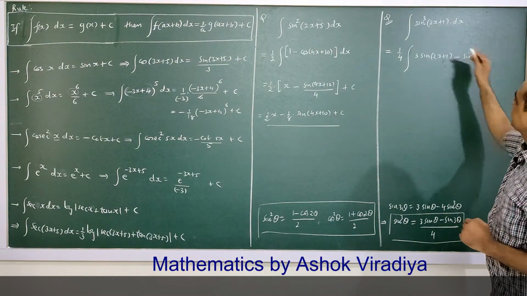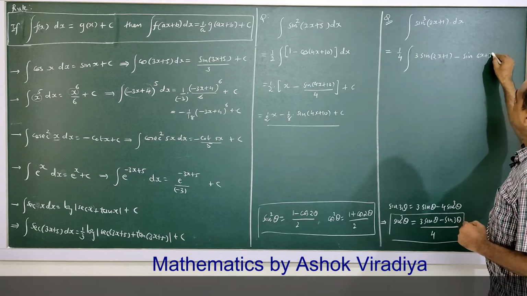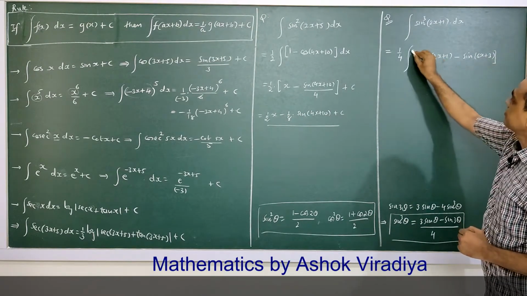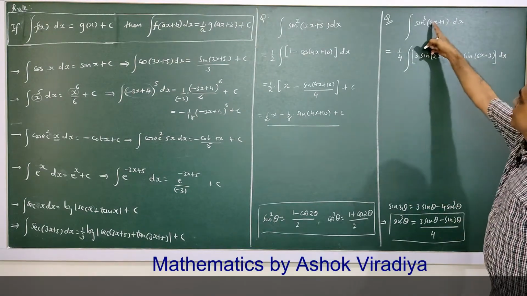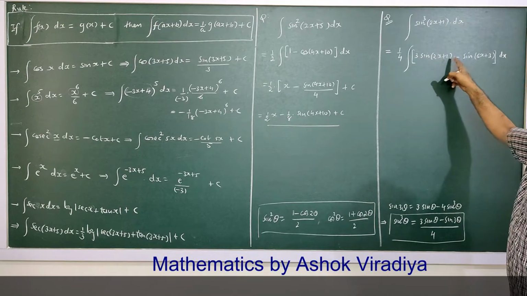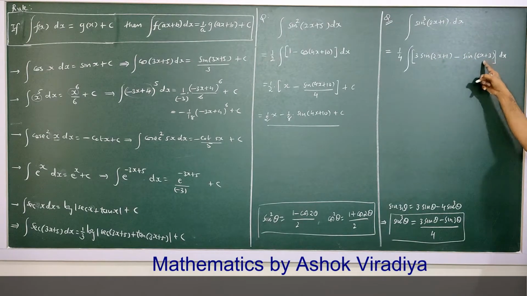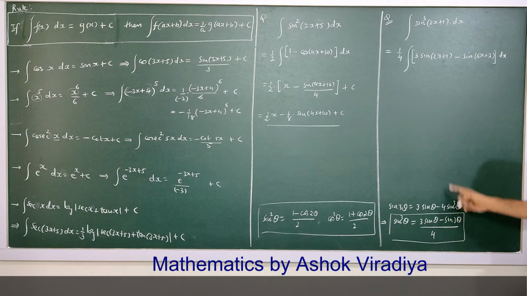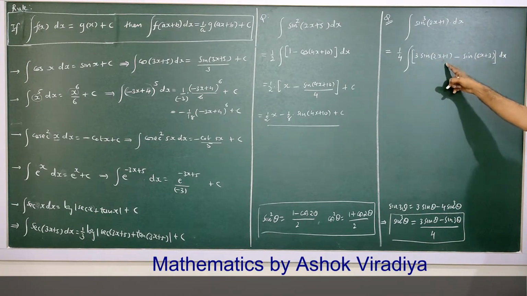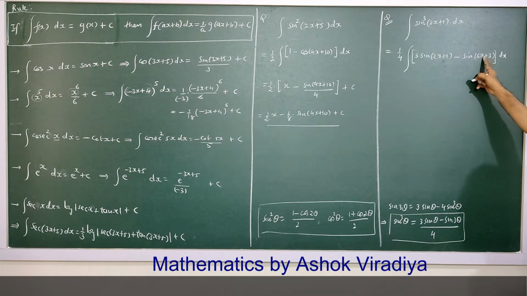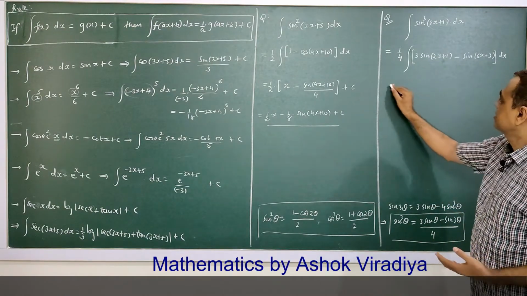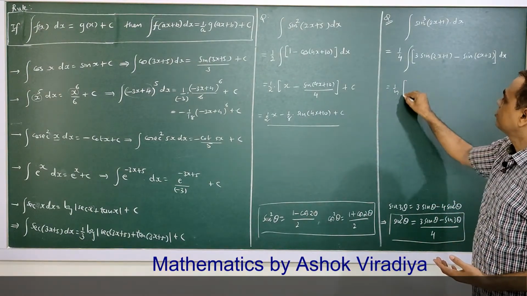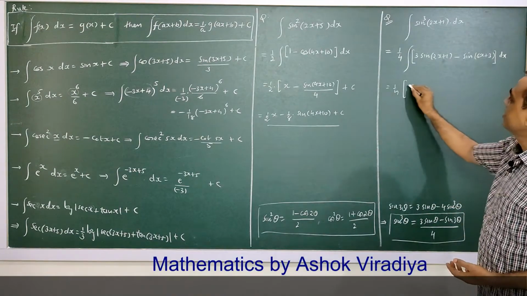So it's 3 times 6x plus 3 dx. So sine cube theta is 3 sine theta minus sine 3 theta. This result is used. Sine cube theta is 3 sine theta minus sine 3 theta divided by 4, that is taken out. Now this is integrable. So 1 by 4, now putting the integral in brackets, 3 as it is.